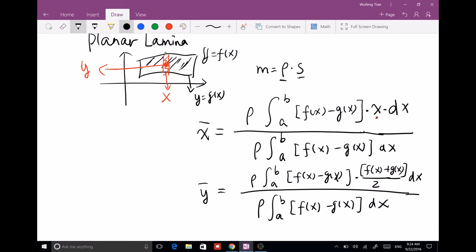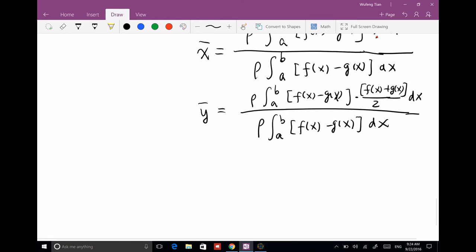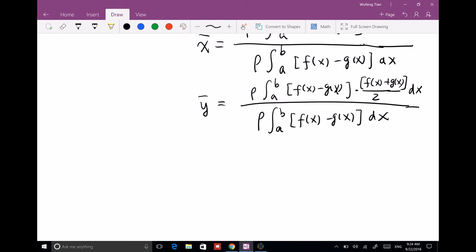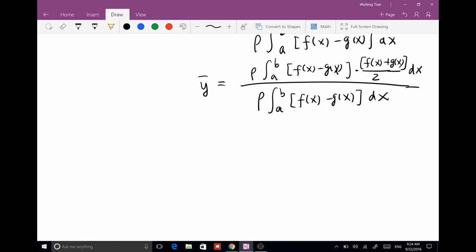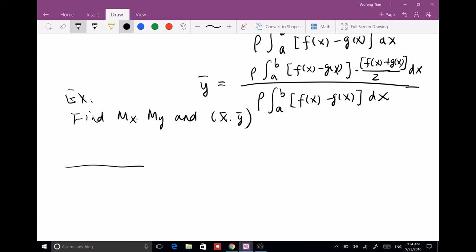Okay, and then, do we do the problem? You stopped at the problem. We have the problem, which is to find Mx, My, and x-bar and y-bar. Okay, this is where we stopped yesterday. Example: applying the formulas, finding the moment of x, moment of y. The centroid is given. The equation is